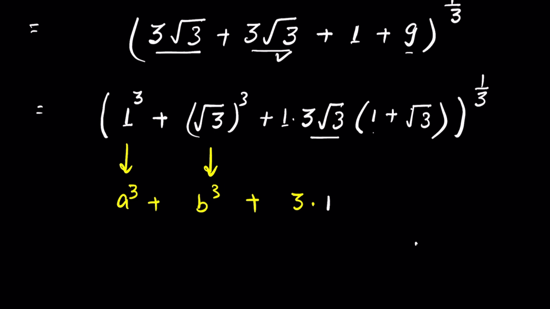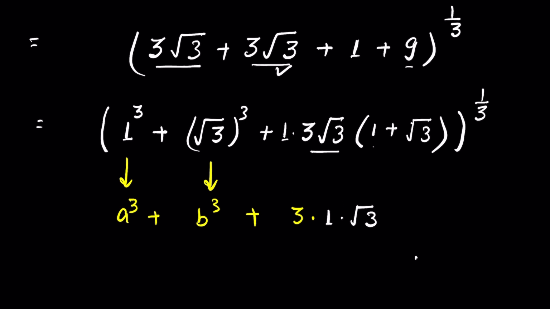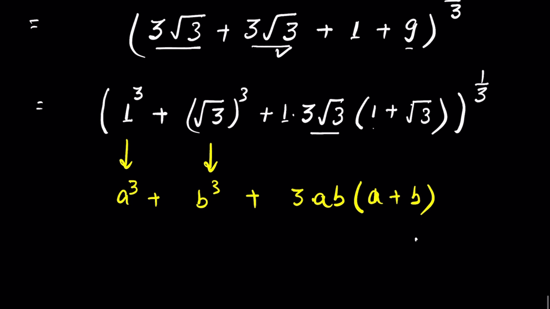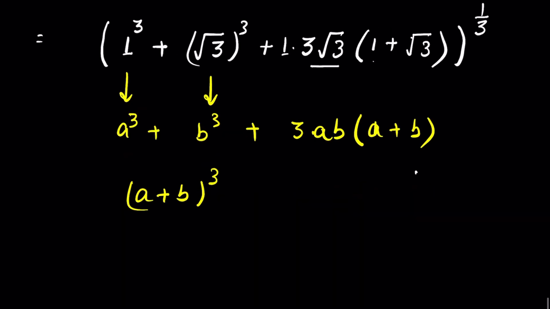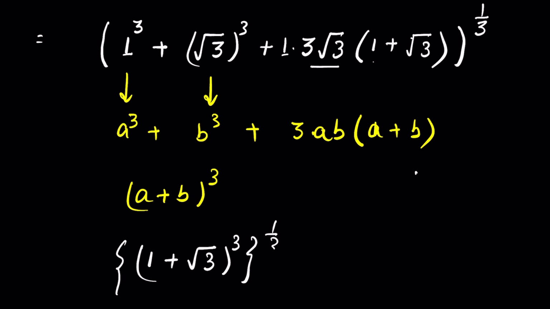So we can write times 1 times square root of 3 as 3 times ab, then parenthesis a plus b, and this is the formula of a plus b whole cube. So this we can write 1 plus square root of 3 whole cube, then all raised to the power of 1 upon 3. So it is equal to 1 plus square root of 3 whole raised to the power of